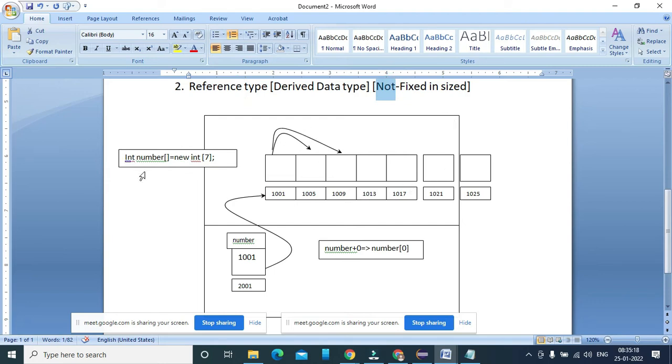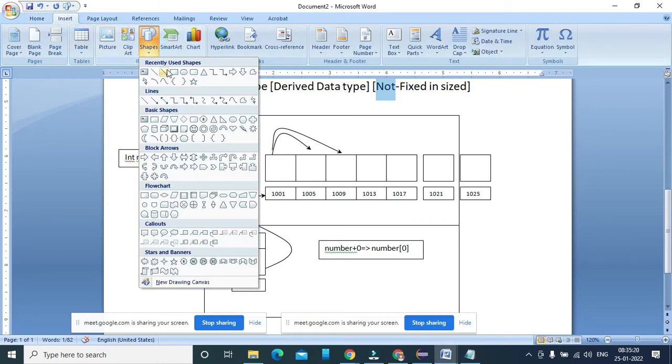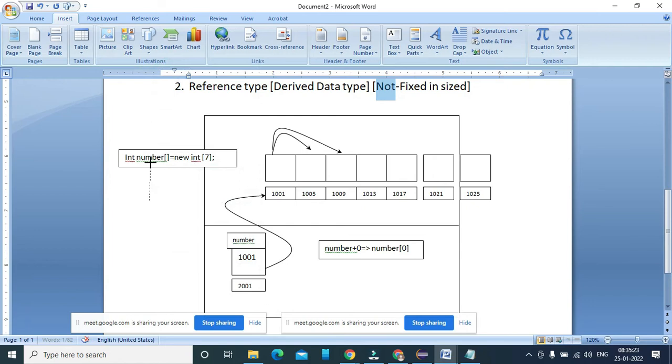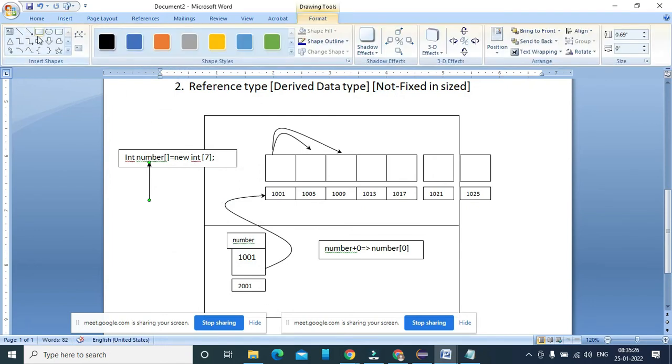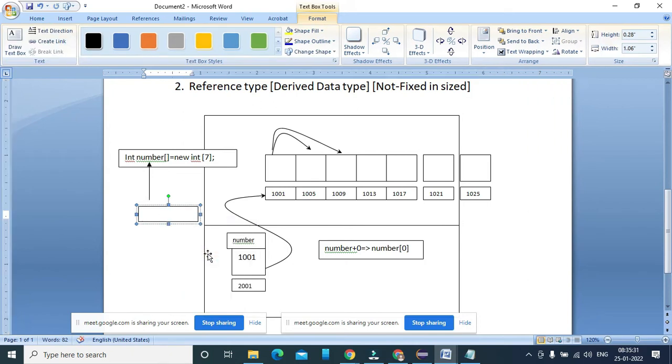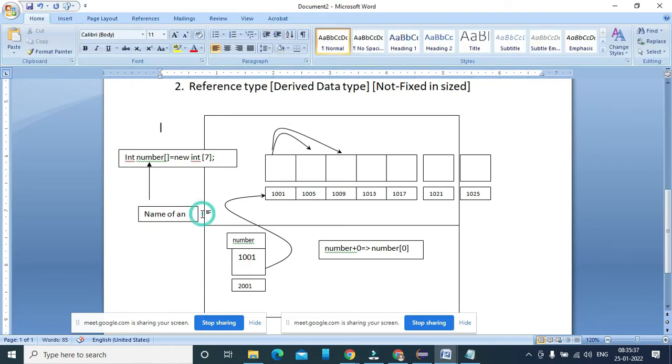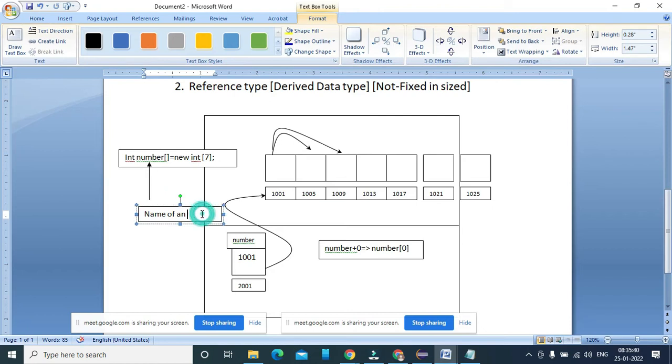So here I'm talking about an integer array. This is an array of integer kind, so I'm saying this is the name of an array, which is holding the base address of the entire array.